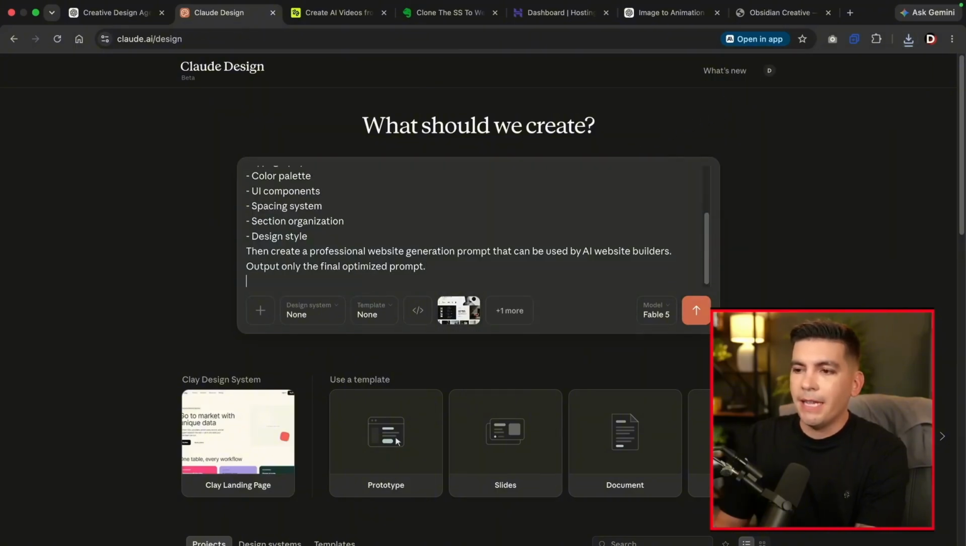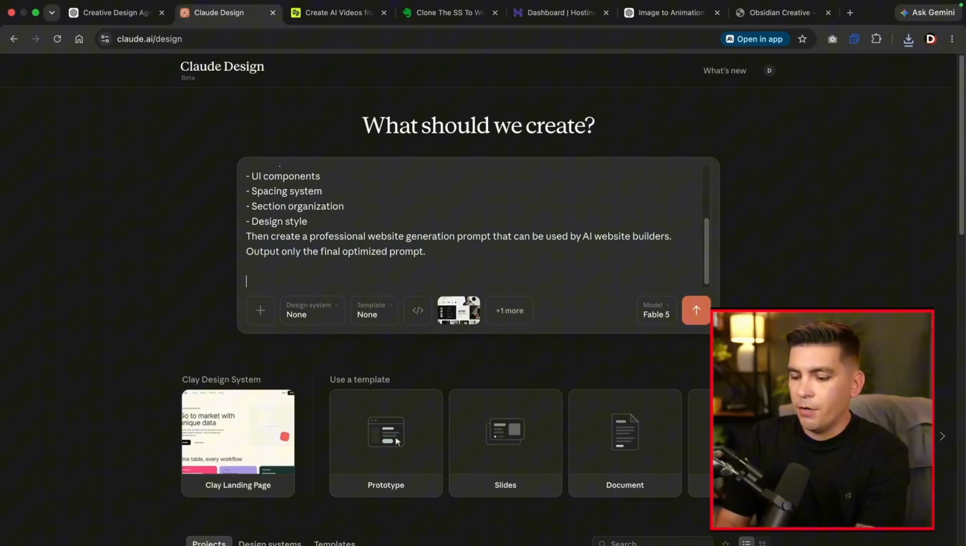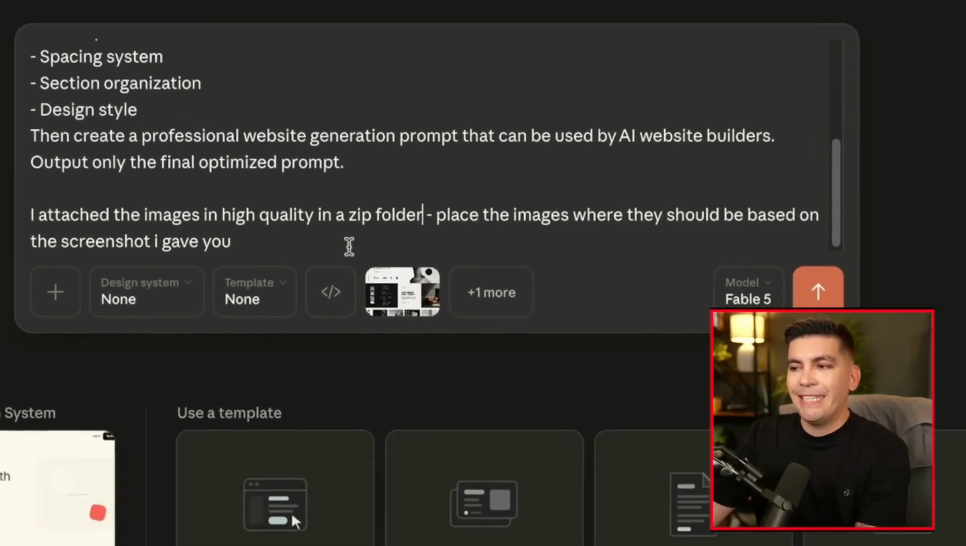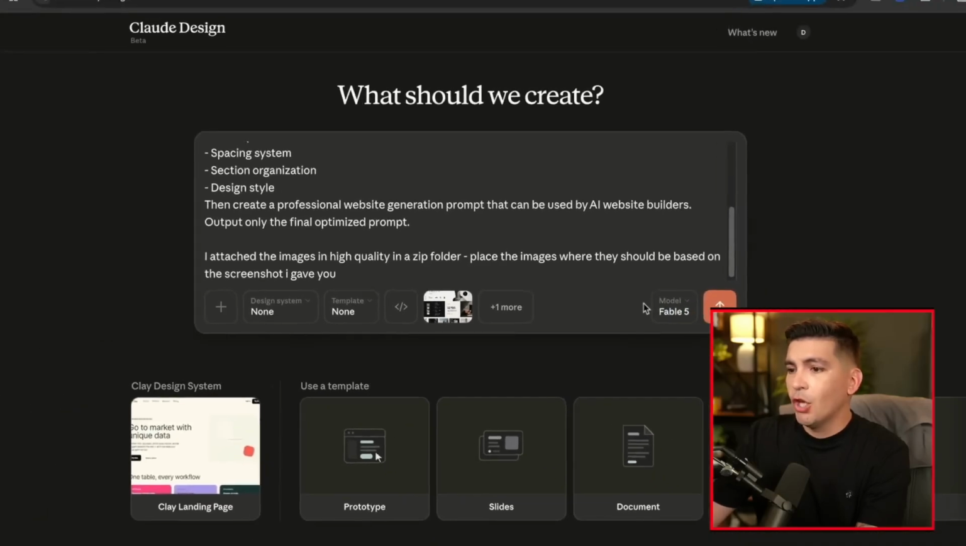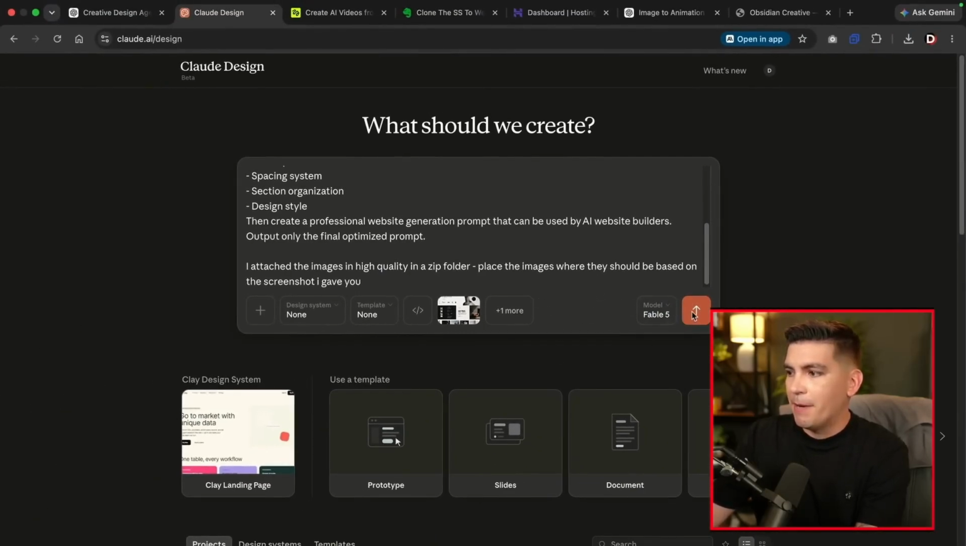And then I also want to add a little bit more to this. I'll go ahead and update this in the Evernote. I attach the images in high quality in a zip folder. Place the images where they should be based off the screenshot I gave you. Next, I'll just make sure Fable 5 is selected. I am running low on credits, so I am almost being rate limited, but let's go ahead and run this